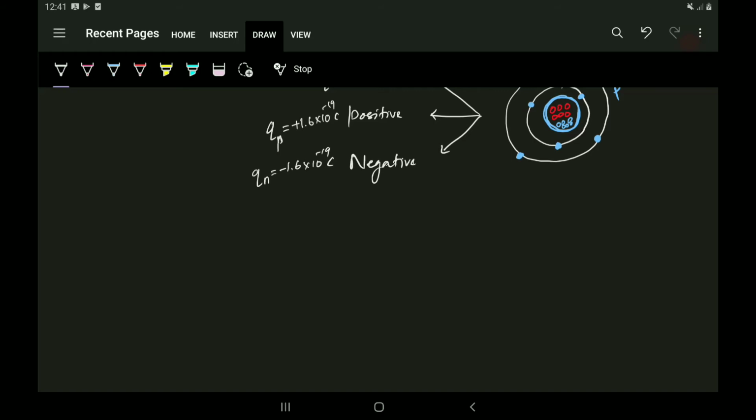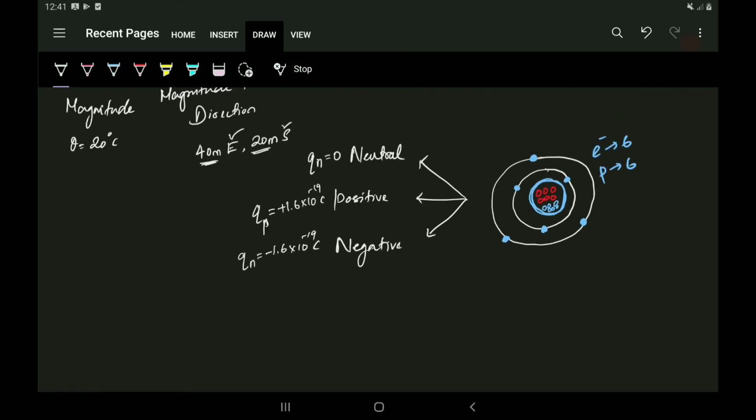In the case of a conductor, you have extra free electrons, some valence electrons in the orbit, and those electrons are ready to move to occupy the regions where we don't have any charges, so they get attracted to it. But in this case you don't have any free electrons, so there will not be any movement.